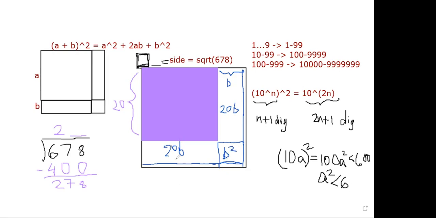So together there is a 20B here and a 20B here, so 20B is getting doubled. That is why we double this 20 and make it a 40. Now we need to find a B here, and we multiply it by the same thing. So we need to find a number such that 40B plus B square